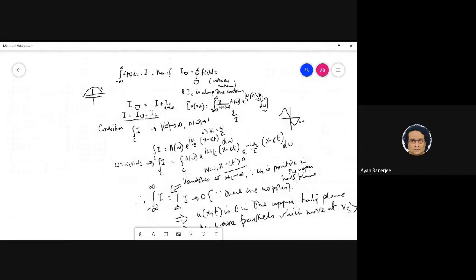So what does this say? That this whole domain is this plus this. The whole domain is this one, no? Sir, you said that is within the contour, and I and IC are the curve integrals. No, this is the whole domain. So the whole domain, I am breaking into the real axis, which is this, and the contour, that is this one.